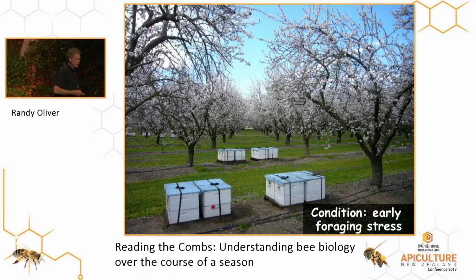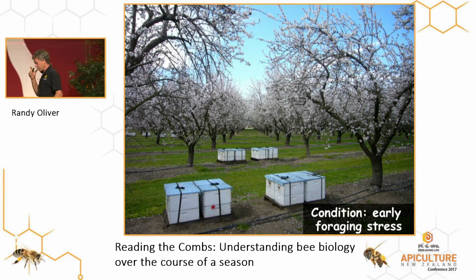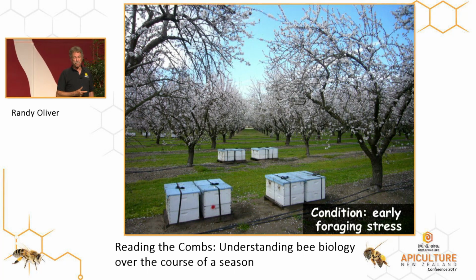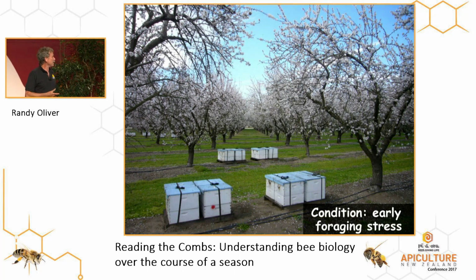The other thing that can happen early in the spring is you saw that stressed colony doing everything they can to keep that brood warm, to keep the brood fed, and then you go into almonds and you have a gazillion blooms all happen at the same time, and they go out and start foraging. Well, those old bees that are already doing double work, they've already lived through the whole winter, and now they're trying to rear all that brood and keep the colony warm, and they go out and start foraging too. They wear themselves out very, very quickly. When a bee starts foraging, it usually only lives for about 8 or 10 more days.